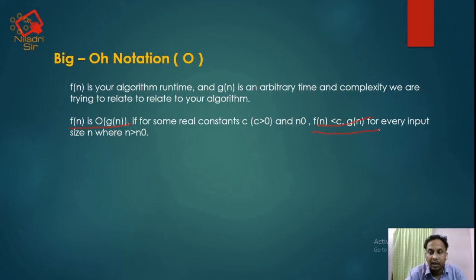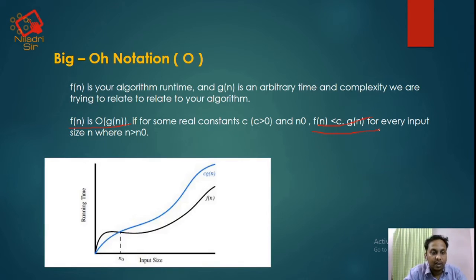Let's see the graph. You can see in the graph the value of f(n) and c g(n) are the same at one point, and beyond it f(n) is less than c g(n). From this you can check that the value of f(n) is less than c of g(n). At this point, f(n) is order of g(n).